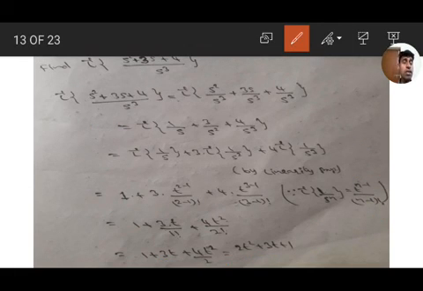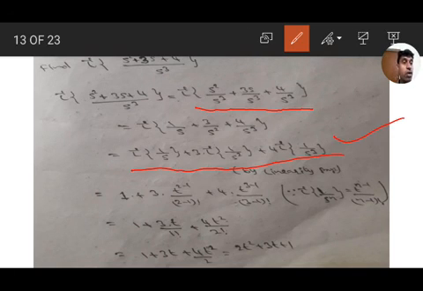So here first I am simplifying the function, meaning dividing the function term by term: s square by s cube plus 3s by s cube plus 4 by s cube, that is L inverse of 1 by s plus 3 by s square plus 4 by s cube. By the linearity property, first L inverse of 1 by s, and 3 is the coefficient, 3 into L inverse of 1 by s square, plus 4 into L inverse of 1 by s cube.